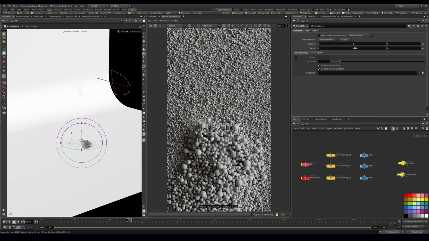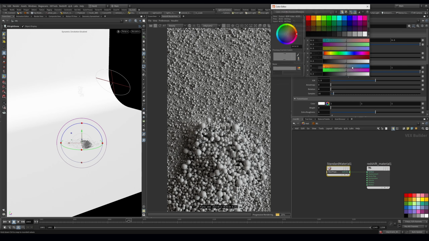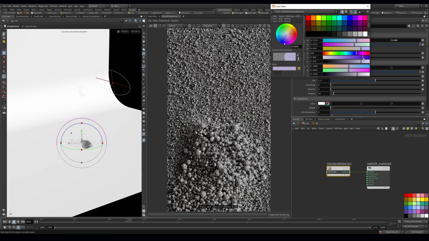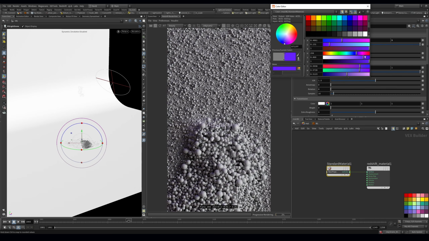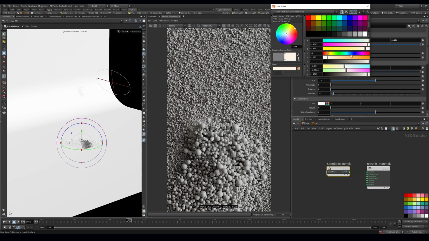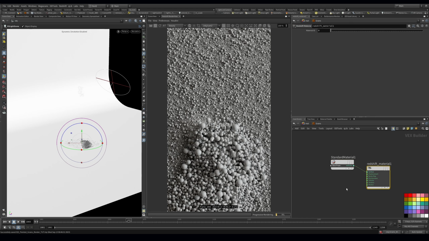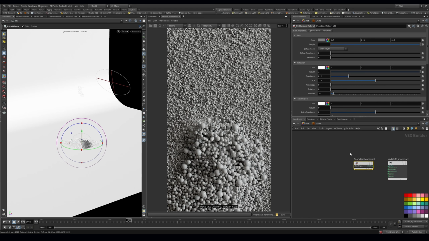Now we need to just formulate some sort of colors. So I'll jump into here, and this one, let's just make it a bit brighter. And the only thing that this is doing is adding GI. So you can see that if I really pump the saturation, it is actually contributing some nice GI here. You can see the blues that it's giving. So I don't want it to have any crazy effects. So it'll be real subtle, maybe just a very slight blue to bounce around the lights. And then we're going to play a lot with this